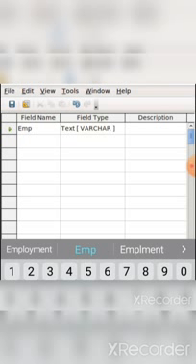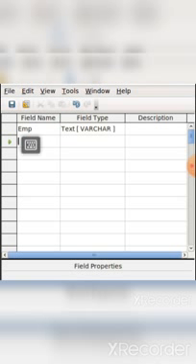In this you will have to write the name of the field, and after that field name, the field type initialization is very important. So suppose I have to create a table named employee. In employee I have to give the field name employee name, that is EMP. Its field type is text. Text means characters A B C D, so if I am entering the name of some person, I have to write in alphabetic form.